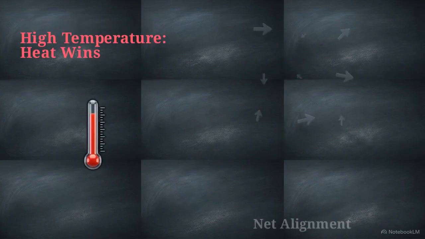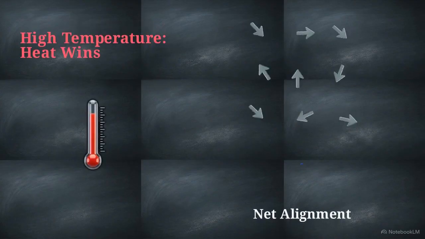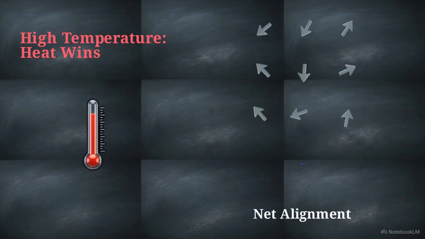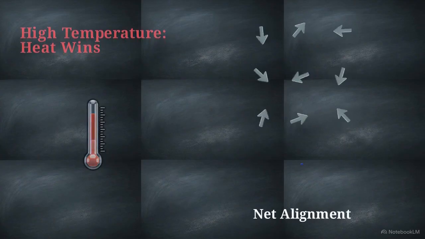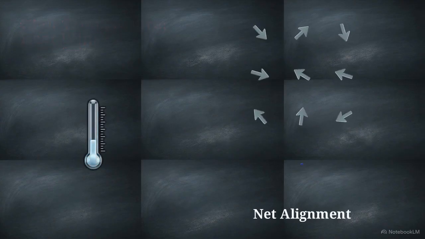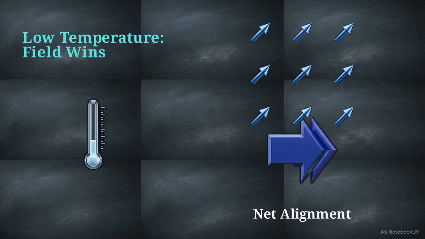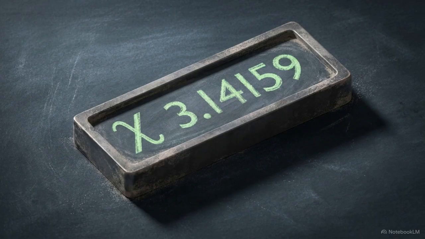At high temperatures, the heat energy is severe. This thermal chaos dominates the system, scrambling the dipoles so thoroughly that the material exhibits very low net alignment. But as the material cools, the thermal wind dies off. At low temperatures, the external magnetic field faces less resistance, successfully aligning the moments to create a large, measurable magnetic response. When we measure a material's magnetic susceptibility in a lab, we are reading the real-time score of this thermodynamic